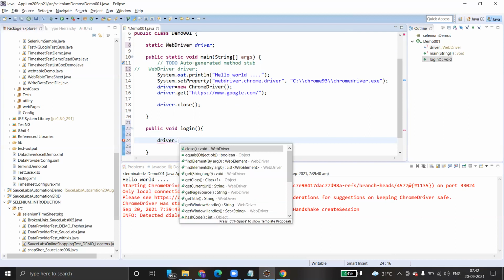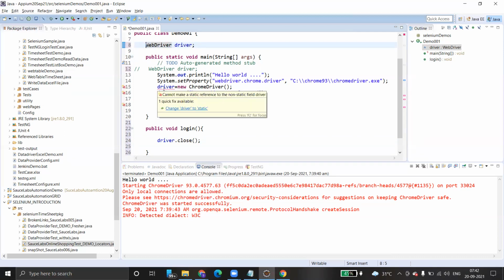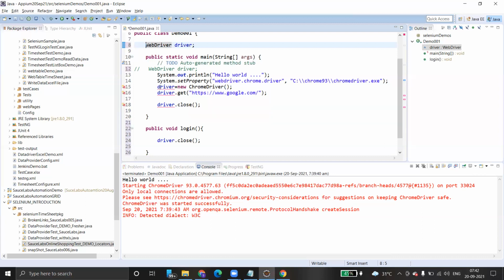Okay, now go on. So here, driver dot, you can see close. How is that possible? It is actually a class level variable, so we can access it. If you make it non-static, what happens? See, here itself we got an error, because whatever the class we are using, we are just assigning the reference of the Chrome driver to the driver. The driver will become a Chrome driver now. So that is also one of the reasons you have to make it static.